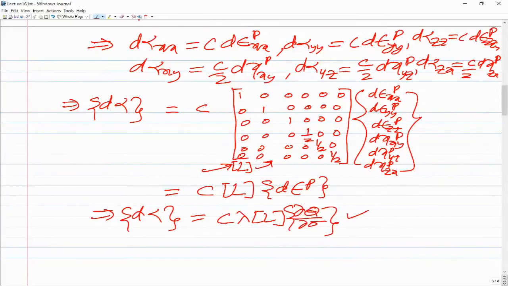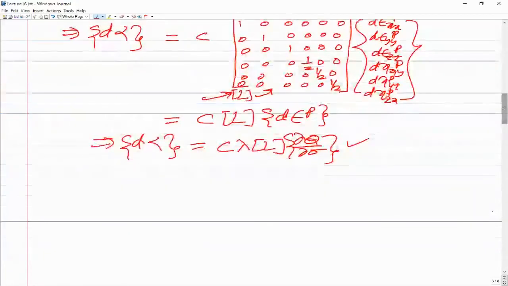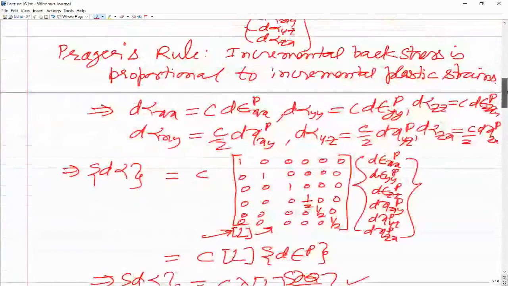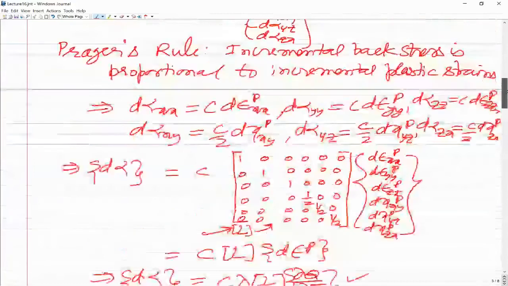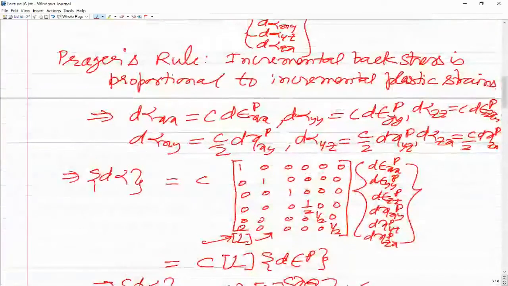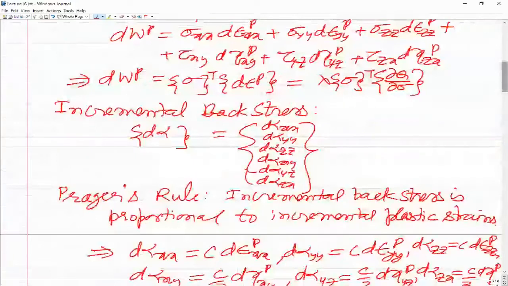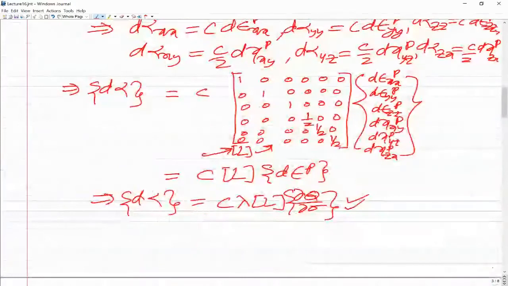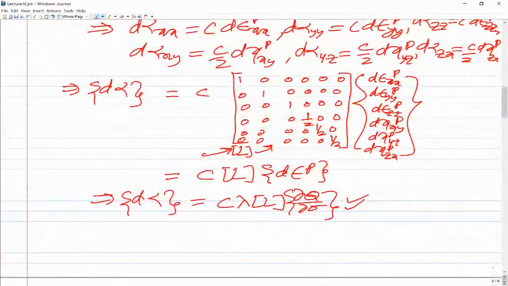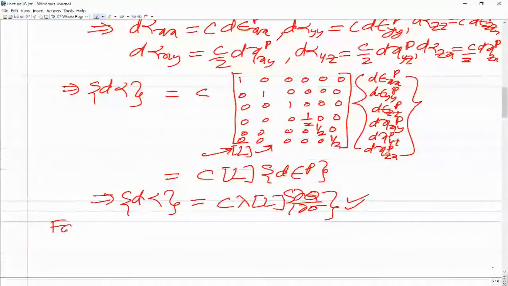Now for the continued elastoplastic loading, we have already talked about that. So now we have whatever we needed in the df, basically dWp. We have got the expression for dWp, written over here. We need d alpha, so we have got the expression for d alpha over here. So now again we can go back to the consistency condition and get an expression for lambda. And we are going to talk about what is the interpretation of lambda. So for continued